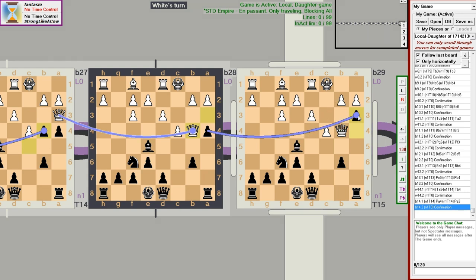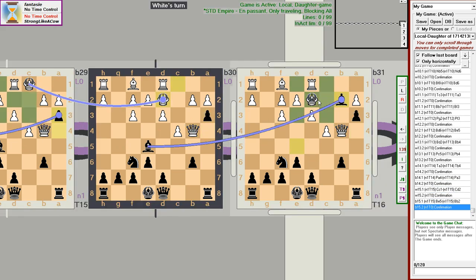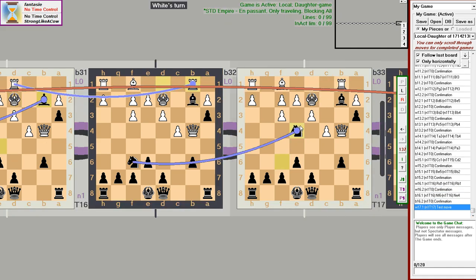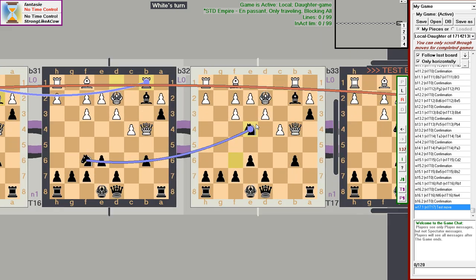White might think they have time to escape via d2 and capture the bishop with the rook. Here, a check by the bishop would only come on the next move, and the rook would take it. However, black has a second check by the knight, and this is a double check, which is mate. So escaping isn't an option.